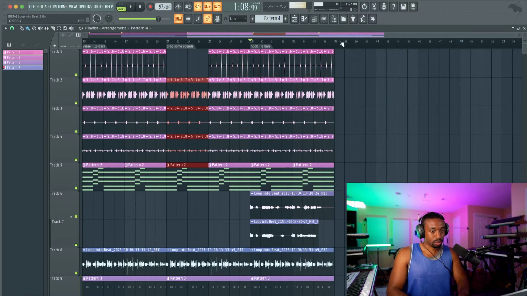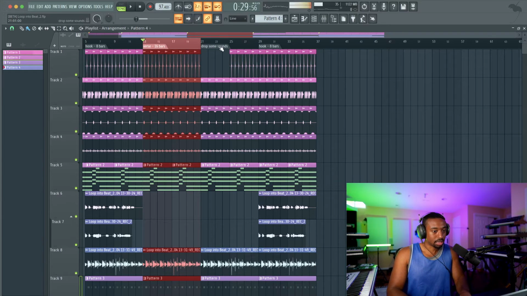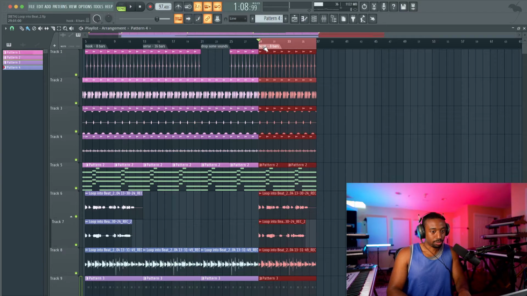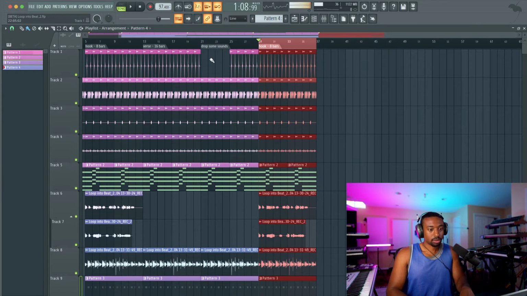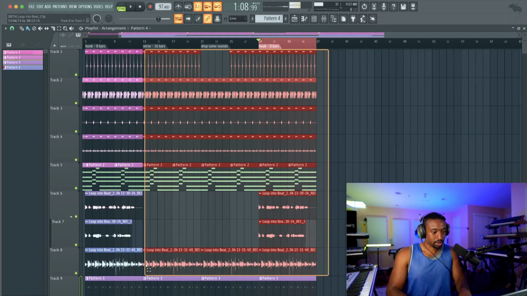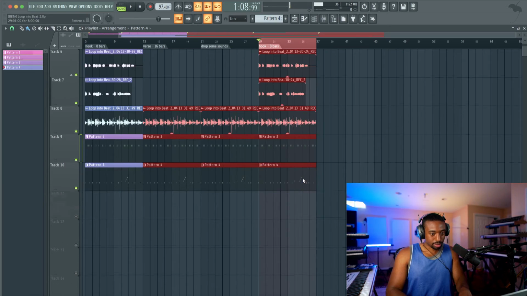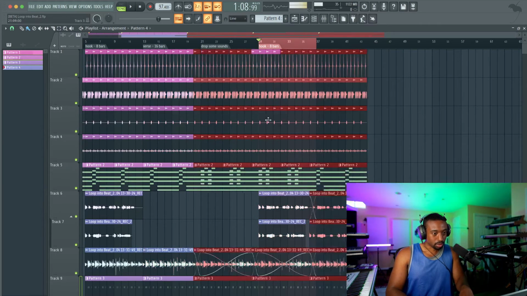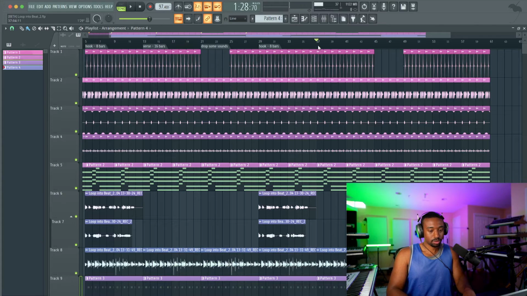And then let's see where we're at time wise. We're at 1 minute and 30 seconds. So usually songs are around 2 minutes and 30 seconds. So we're literally just going to copy the verse. Can I select multiple? Let me see. Okay, so we're going to highlight from the verse all the way to the hook and copy and paste this over. We're literally going to repeat the same thing. Okay, so after that verse, we have verse 2.